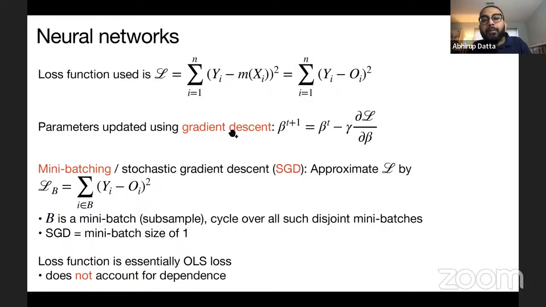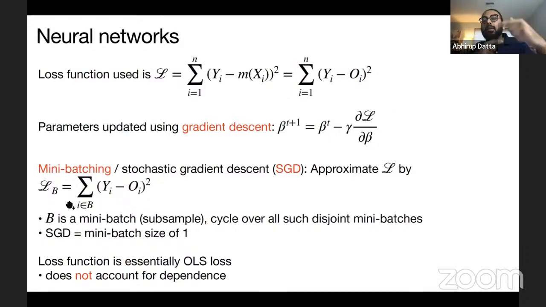The reason why neural networks are super popular for such tasks is because of some computational properties, especially mini batching or stochastic gradient descent. Instead of using the full loss function, which goes over all the data points from 1 to n, it will create small subsets of the data called mini batches. At each iteration, it will only use the loss corresponding to one mini batch of the data. And it will do the gradient descent using the mini batch loss instead of the full loss.